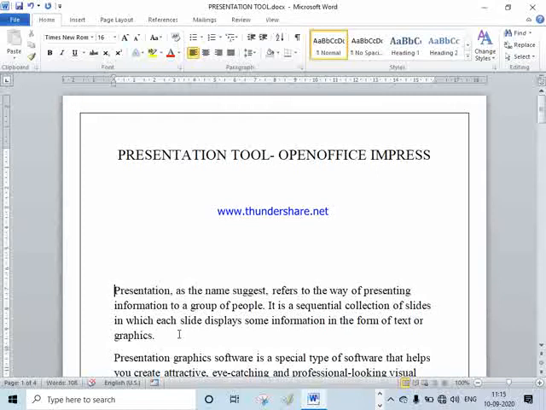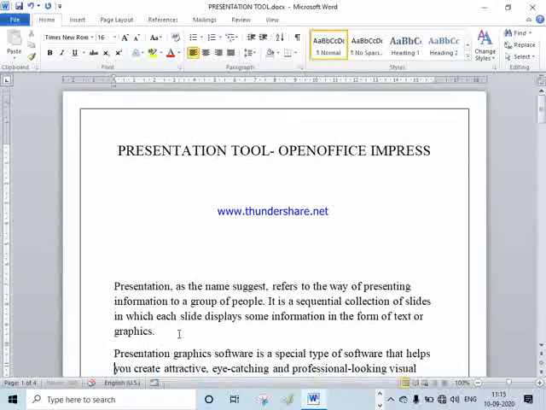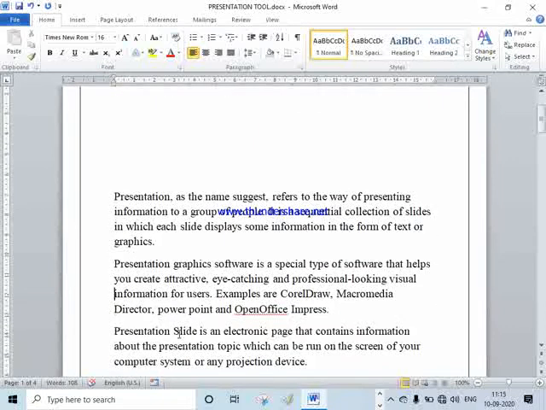Let's understand the next concept, that is presentation graphics software. Sometimes we need some special software that supports your specific need.